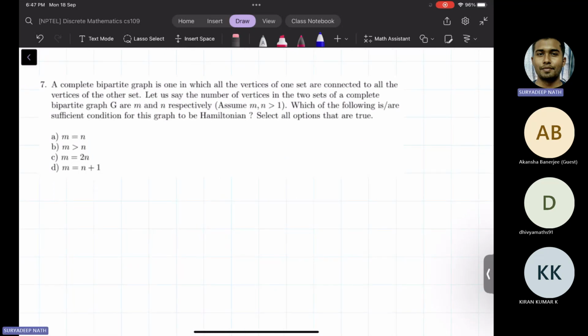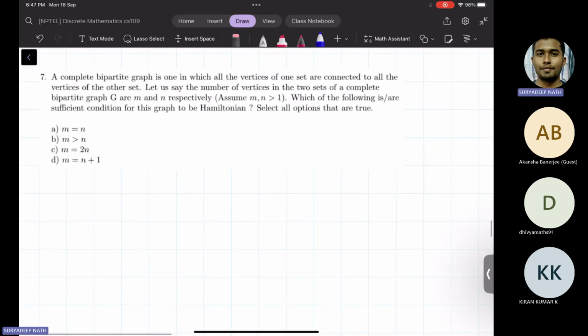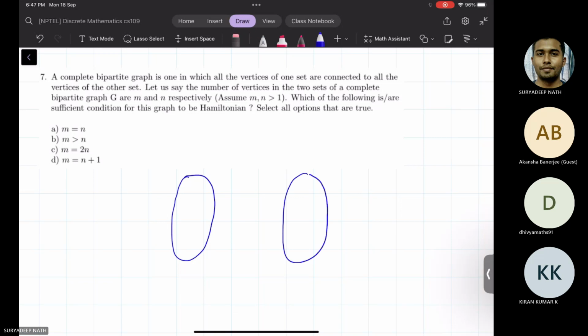Coming to question 7, a complete bipartite graph is one in which all the vertices of one set are connected to all the vertices of the other set. So we assume that in the two sets, the elements are m and n, and they are greater than 1. Which of the following is the sufficient condition for the graph to be Hamiltonian? So we have again, like I drew, let's say,